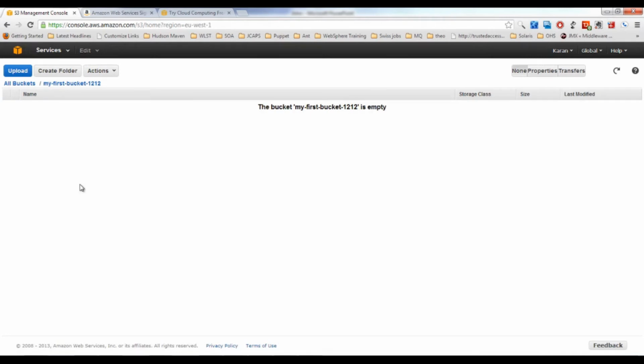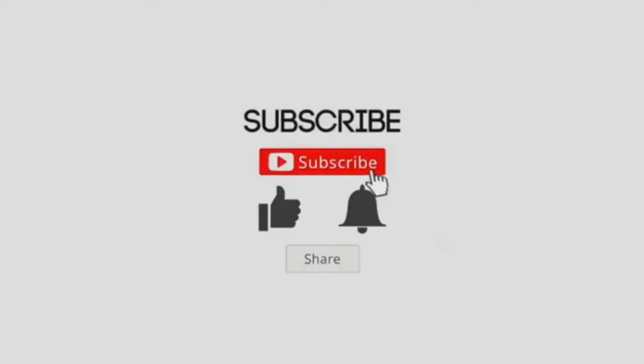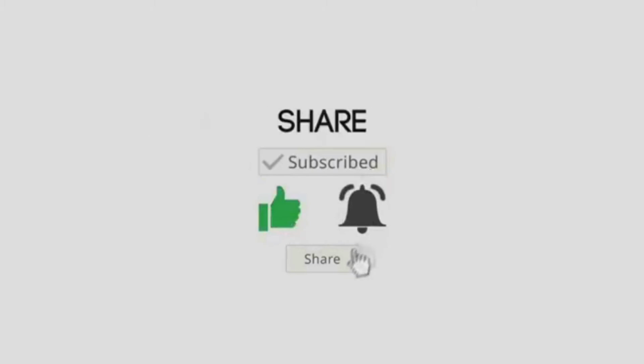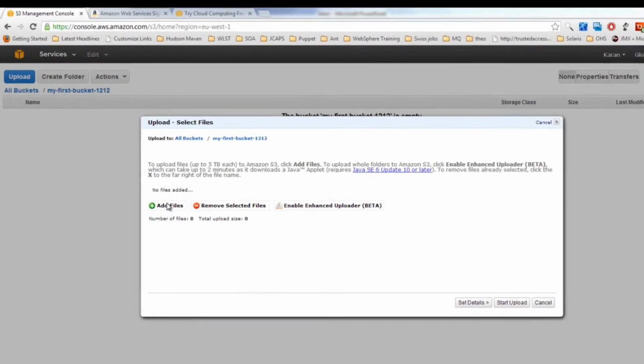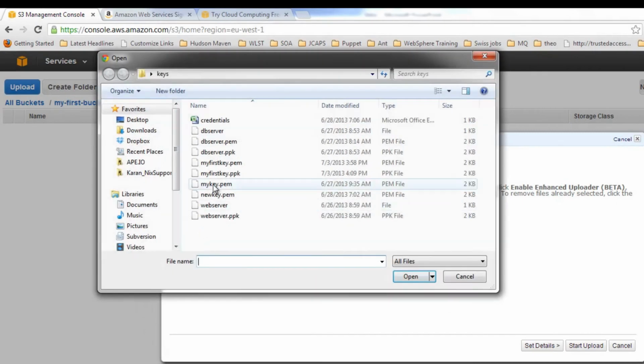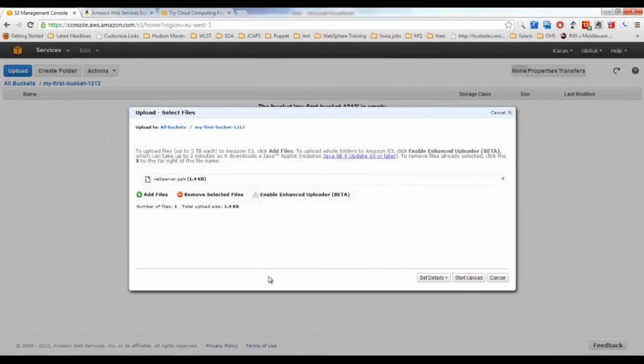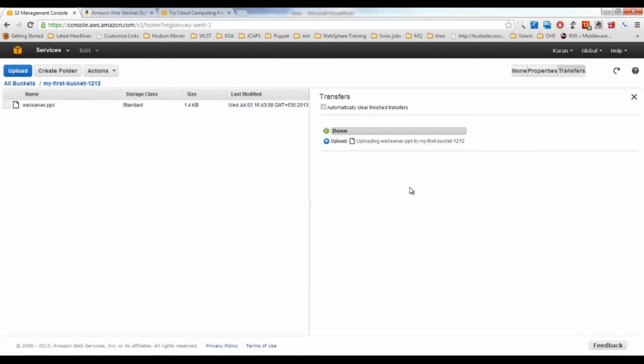Now let's click on this bucket, and as you can see, this bucket is empty as of now. Let's try to upload something. Add files. Let's upload this thing and start upload. So as you can see, this management console enables us to upload the data or the files. It was not the case earlier, and most of the times you are not going to use this thing